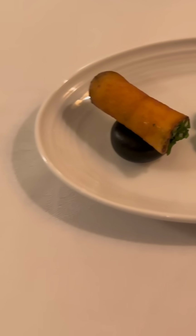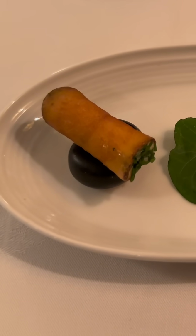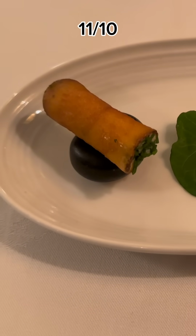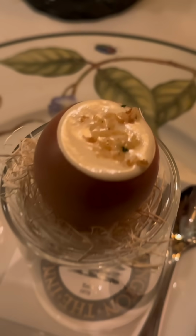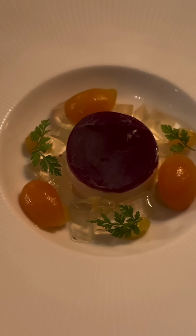1 out of 10. Next up was a sweet potato chip stuffed with pimento cheese, which was so crunchy on the outside and creamy on the inside and absolutely delicious. 11 out of 10. After that came a garlic egg custard type dish that had really bold and pleasing flavors. 9 out of 10. Now that the snacks were out of the way, it was time for the main dishes,